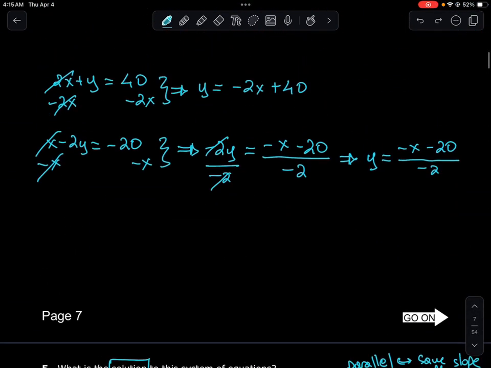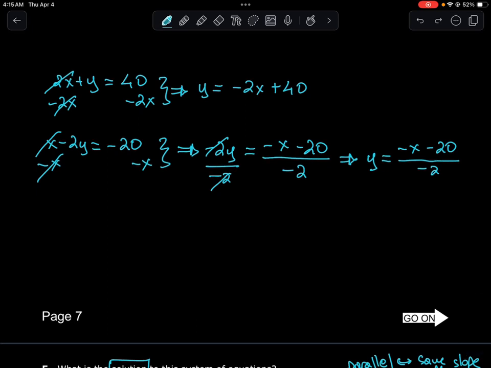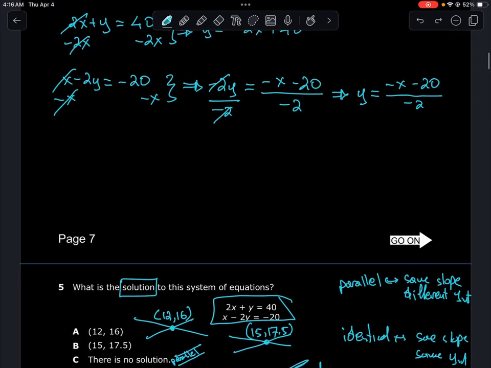Now, before I even put that, I could tell if they're parallel or not, or identical or not, but to do that I would have to simplify this one. Potentially you can see that the slope is going to be 1/2 versus negative 2, so they're not going to be parallel. Turns out that they're actually going to be perpendicular, because the slope of one is the negative reciprocal of the other. But let's see those